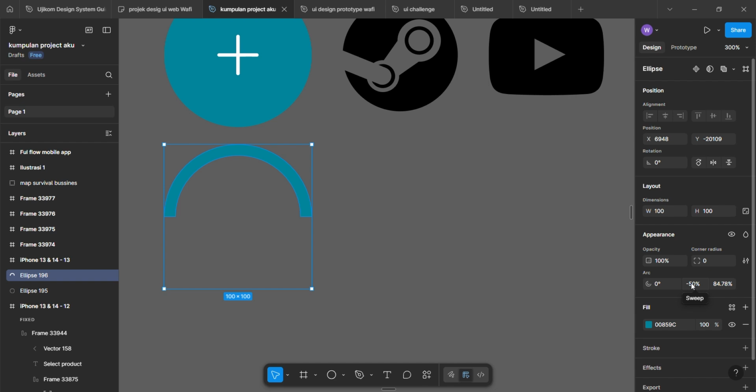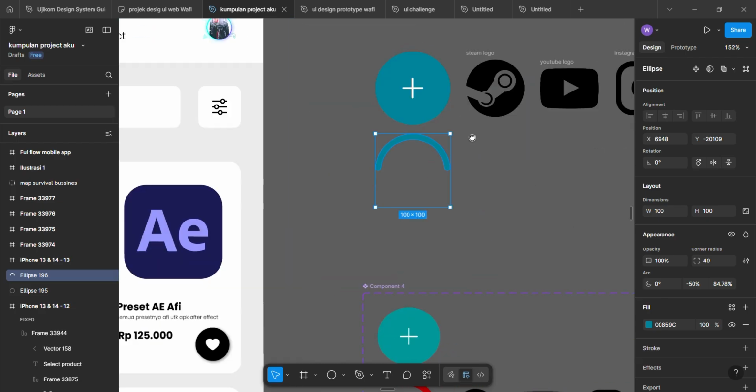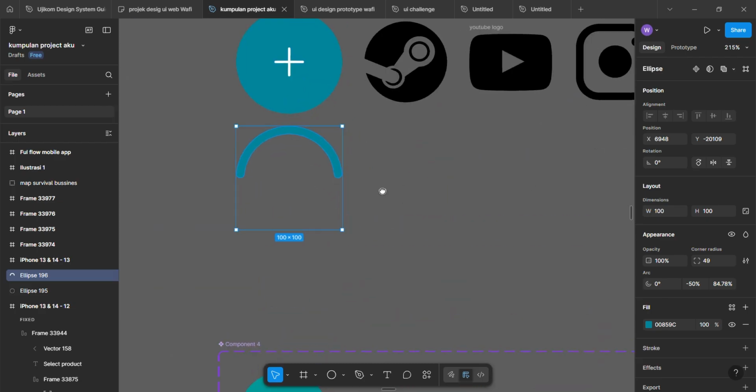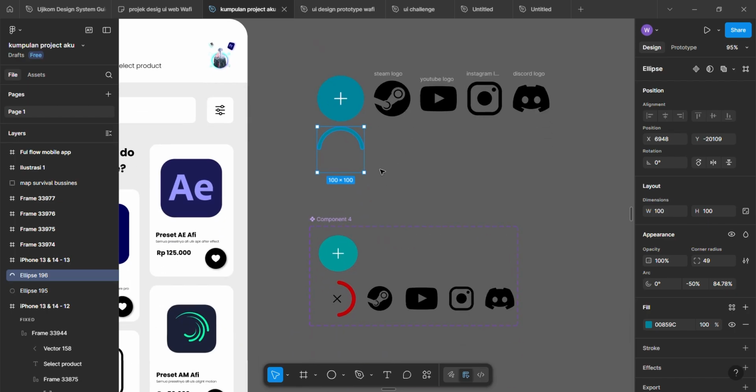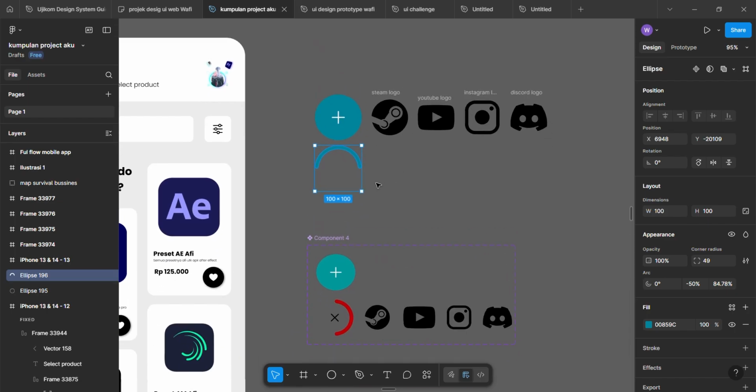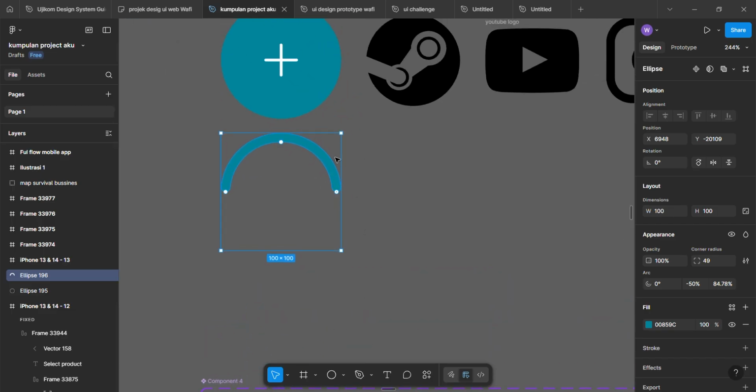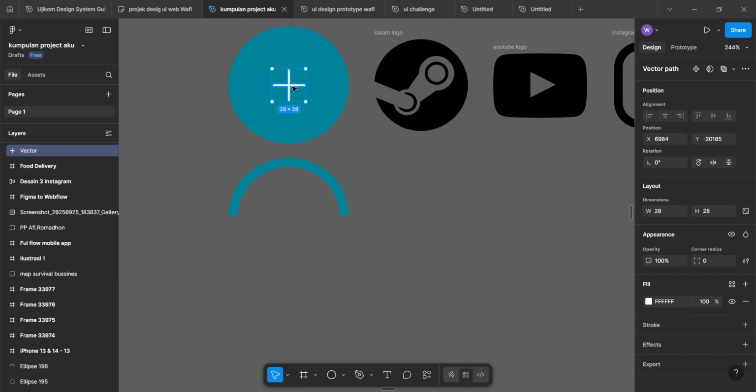To do that, first I'll duplicate this frame. On the duplicate version, I'll reveal or make visible the three additional buttons. You can arrange them nicely below the main button and adjust the spacing. Then go back to the original frame, the one with just the main button. Select the main button, go to prototype and link it to the duplicated frame, the one where the extra buttons are visible.